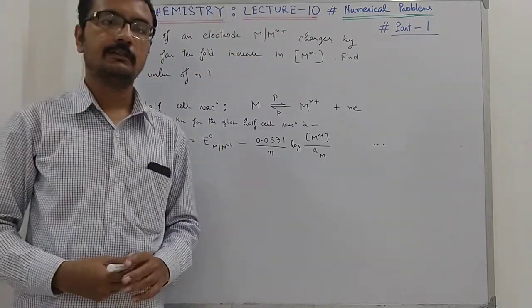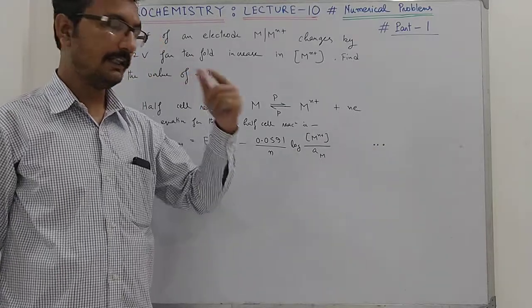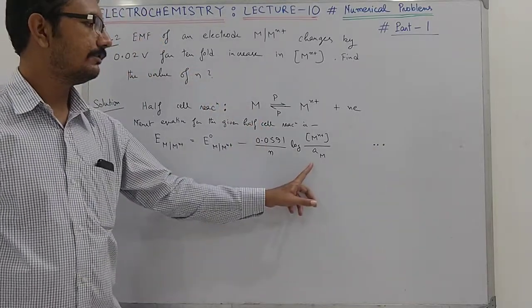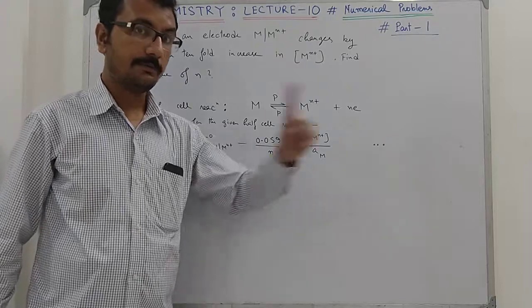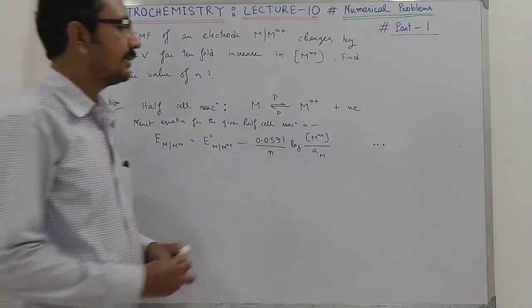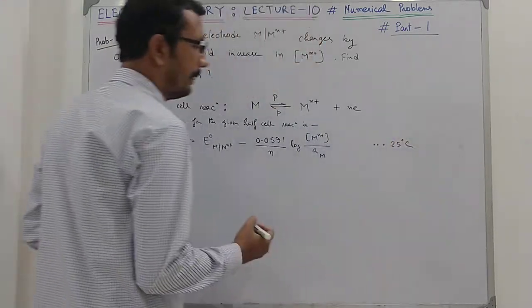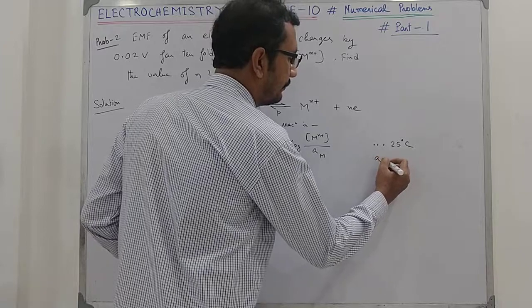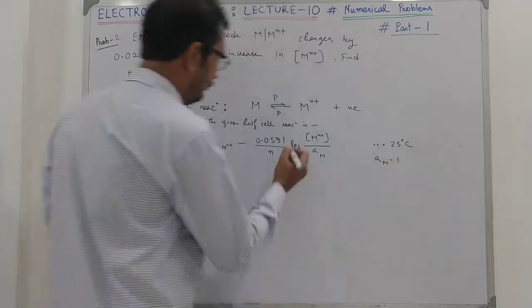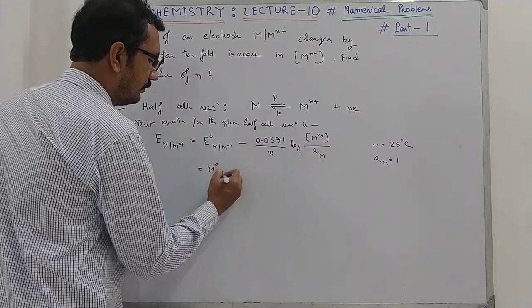Whenever I write 0.0591, I must mention the temperature here, 25 degrees centigrade. This is mandatory. And since aM equals 1, this equation will be